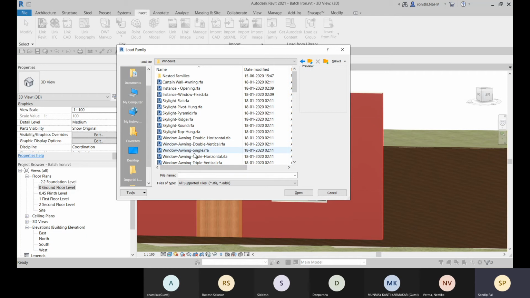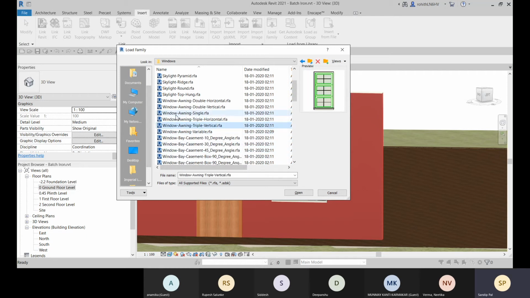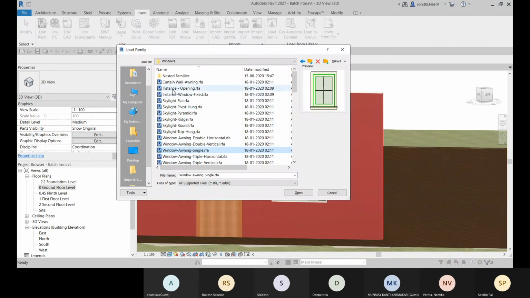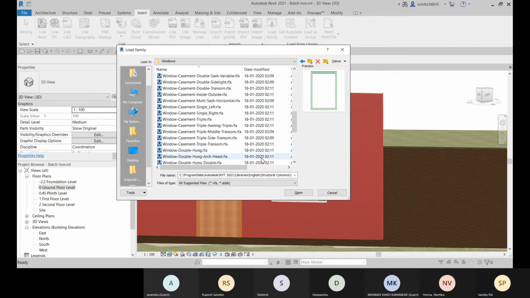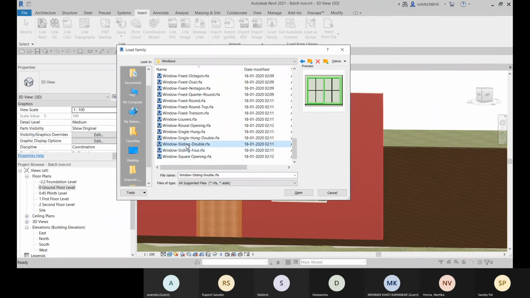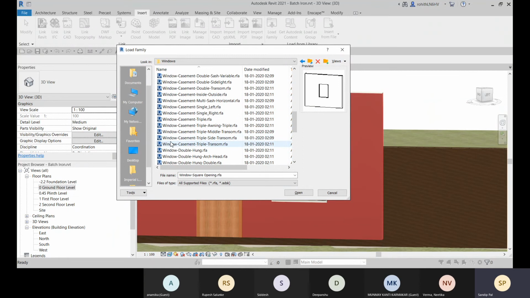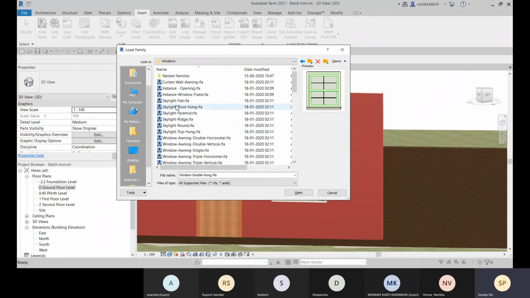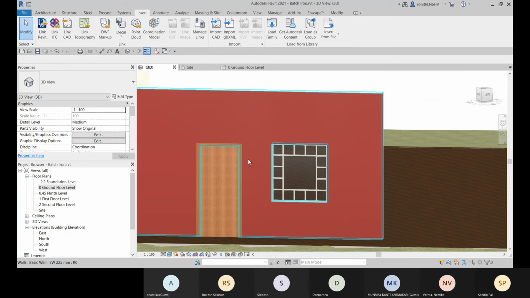Let me check if we have any windows like that, like this. Okay, so I don't have one right now. So I can just choose that curtain wall, this one.